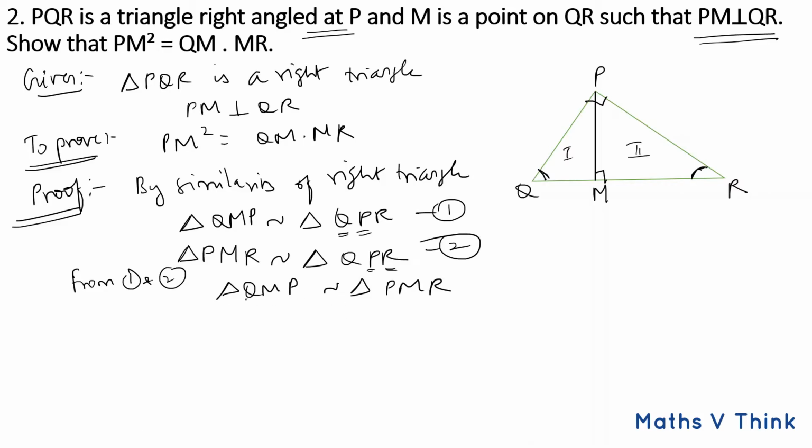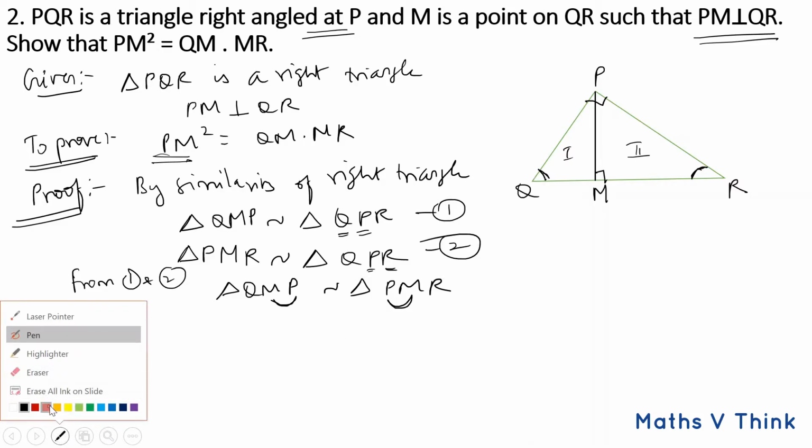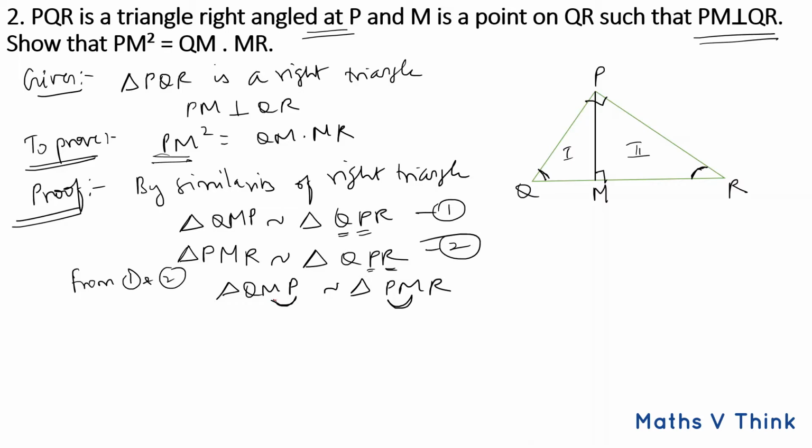So now I got this triangle is similar to this triangle. So can I tell the corresponding sides are proportional? So now first mark the sides PM. In this triangle, this is the PM side, and in this triangle, this is the PM. Now I can see that here the second and third one is involved. So here also second and third one will be involved. And in the second triangle, first and second one is involved. So here also first and second one will be involved.